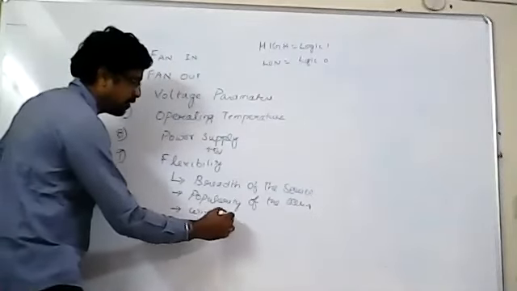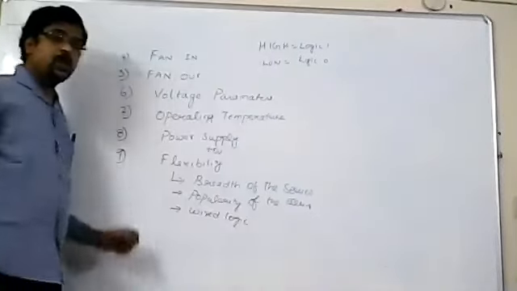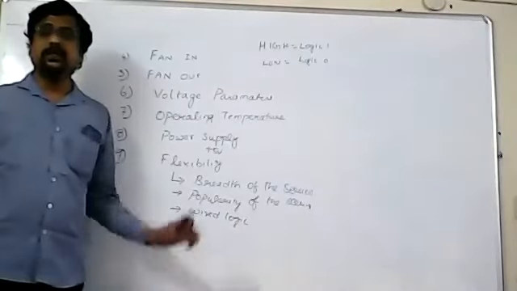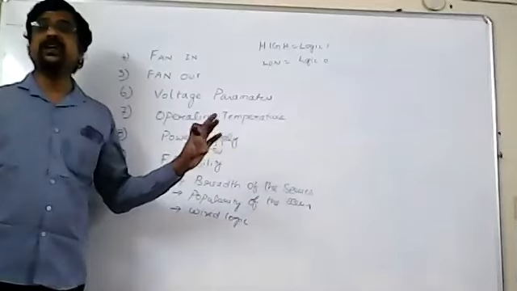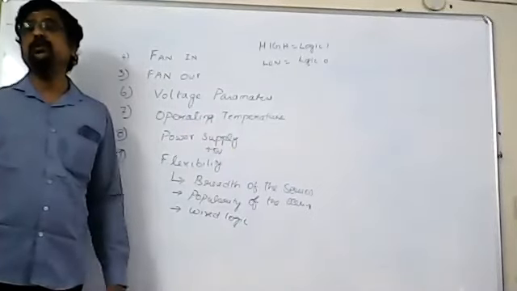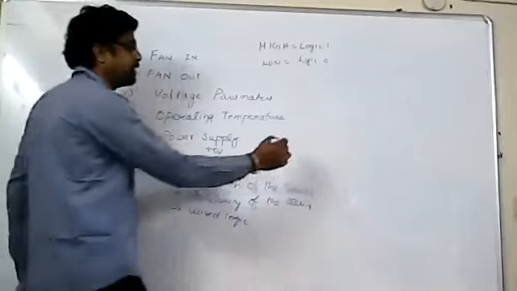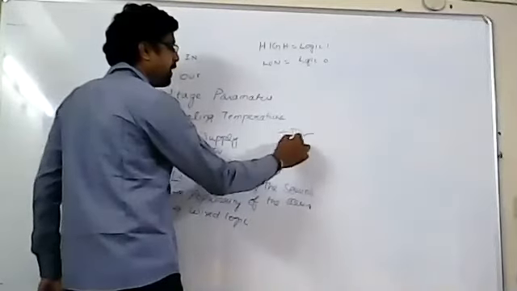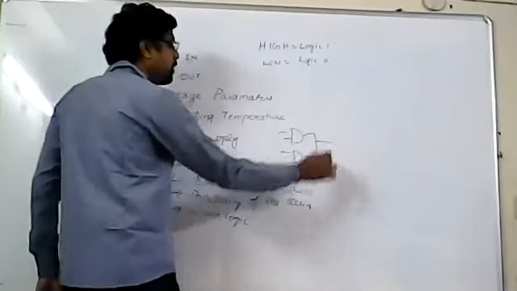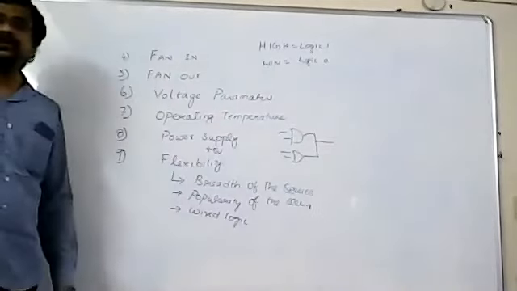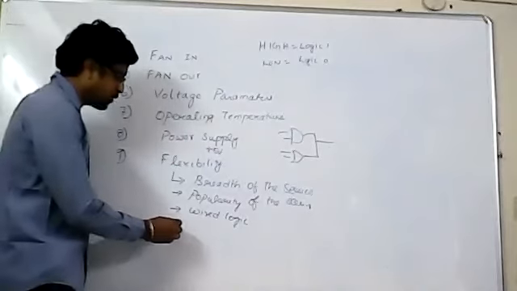Next is wired logic. Wired logic in the sense the output of the gates must be able to connect with each other. For example, if I take an AND gate and OR gate, so there should be a compatibility of connection. So that is called as the wired logic. The last one is